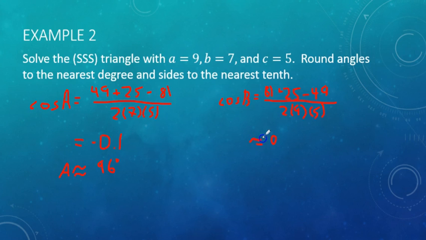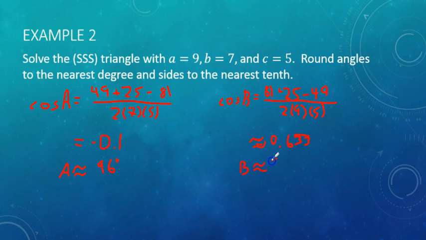That's approximately equal to 0.63 repeating. But I'm just going to hit second cosine of that previous answer in the calculator, and I'm getting that angle B